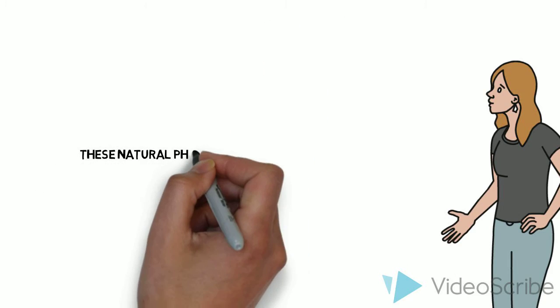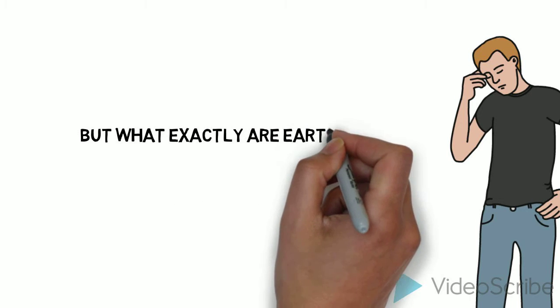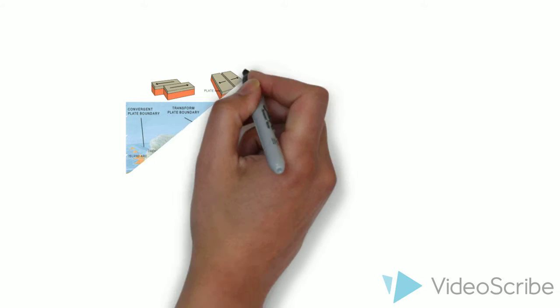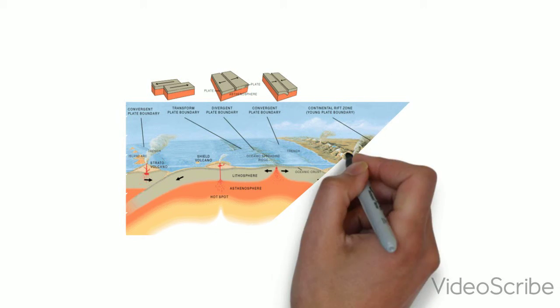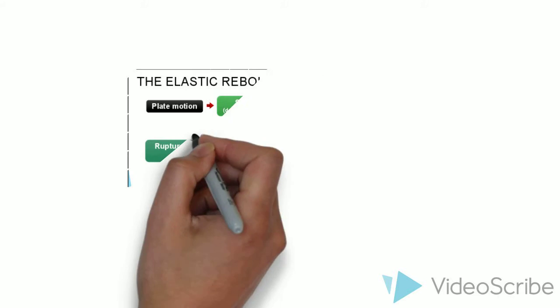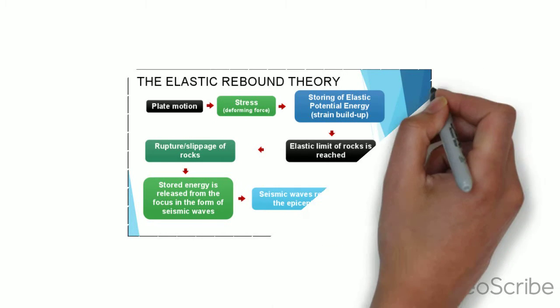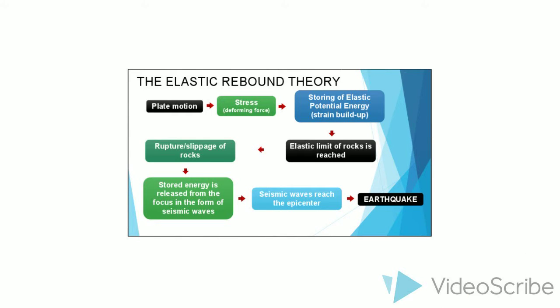These natural phenomena are primarily caused by earthquakes. But what exactly are earthquakes, and how do they come to be as destructive as what we see on the surface? The very beginnings of what we call earthquakes come from plate motion, where rocks experience stress which creates strains in the rocks, and when the elastic limit of the rocks is reached, permanent deformation causes rupture and slippage of the rocks. When this happens, the potential stored energy is released under the earth via seismic waves which reach the